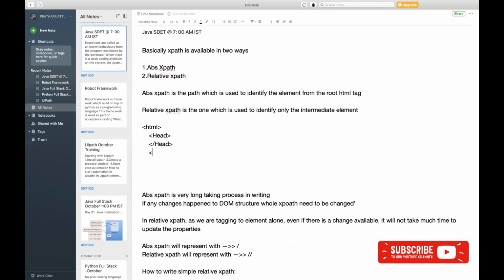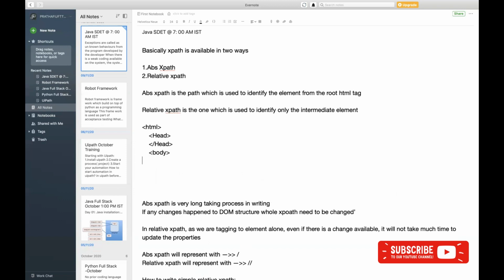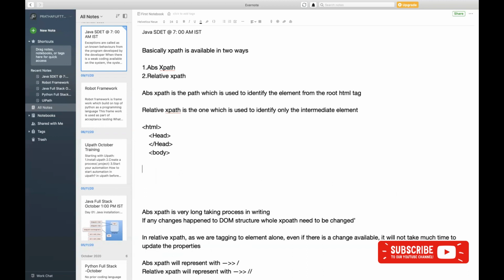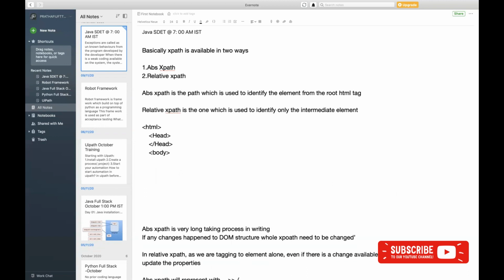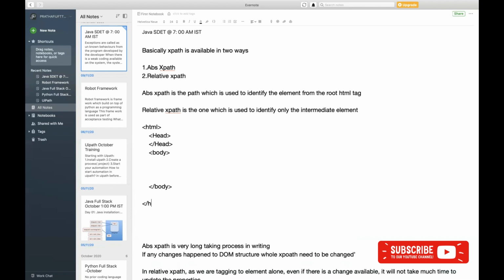Then we'll be having body, and we'll be having a closing HTML tag here. So inside this body, what will be available? All your web elements. Web elements are the elements which are available on your application.